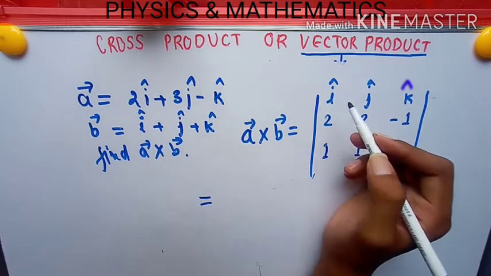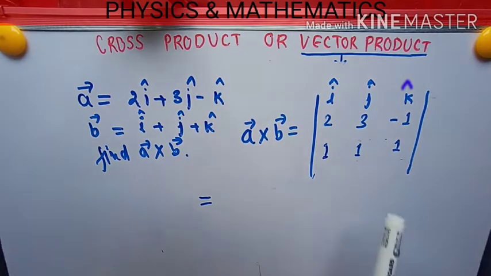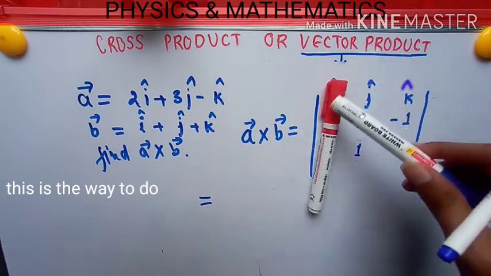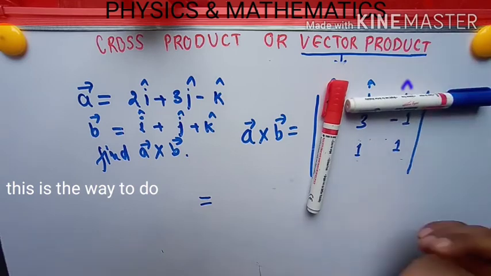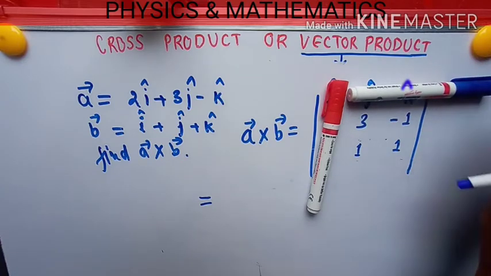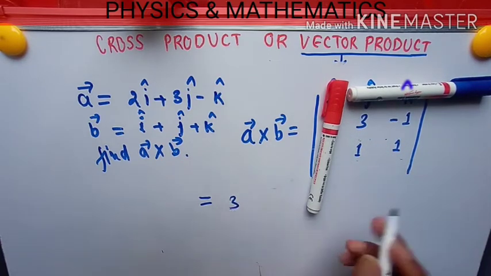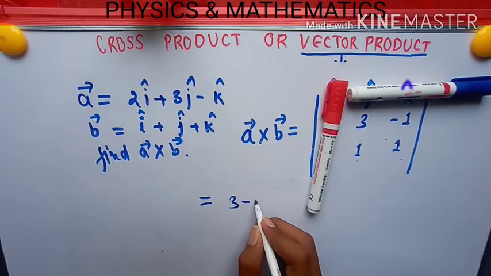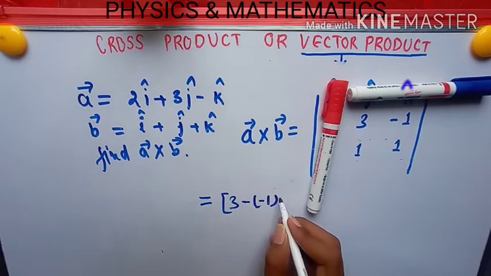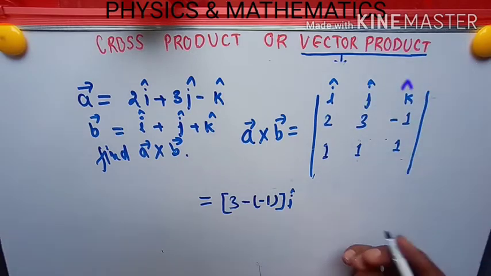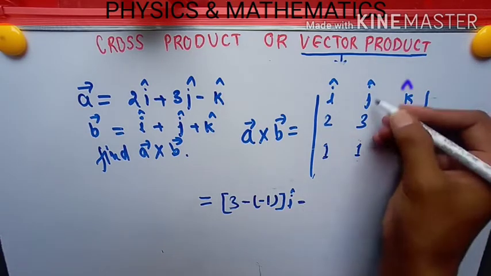You have to choose i. Again I am taking 2 markers for hiding. First of all you have to choose i. So hide the entire row and thereafter the column. What is left? Multiply and subtract them. So 3 into 1, you can see here clearly, 3 into 1 you will write as 3. 1 into minus 1 becomes minus 1, and you have to put a minus sign, thereafter minus 1. Okay, and put i here. Thereafter I have told you that you have to put a minus sign for j.